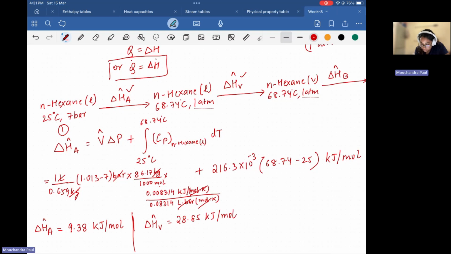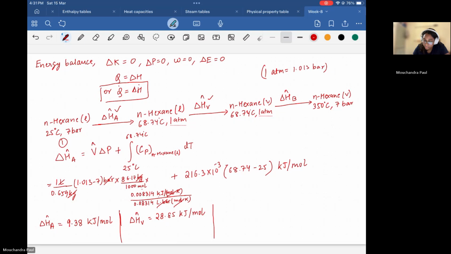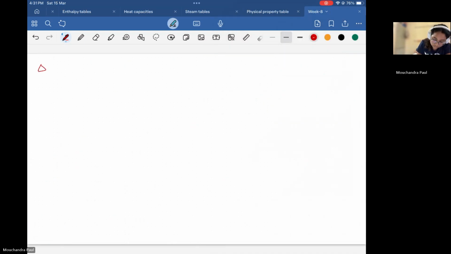Kilojoule per mole. Then we have to calculate delta H P, which is basically